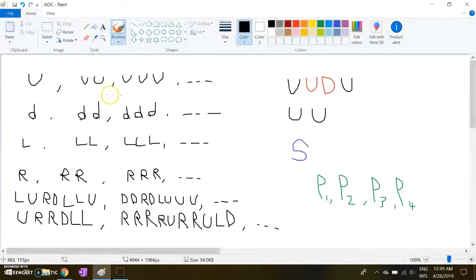Let's just take a look at what we have so far. So we have a whole bunch of points named, all our U's, D's, L's, and so on. And we have all these crazy names, and this is just a very large amount of points. But a lot like F2, we need to keep in mind that we can't have inverses next to each other. So no up downs, no down ups, left rights, or right lefts. Like if we go up, up, down, and then up again, that's like going up twice. So we get these kinds of cancellations here. So just like F2, only the most simplified versions here, so that all of our points have unique names.